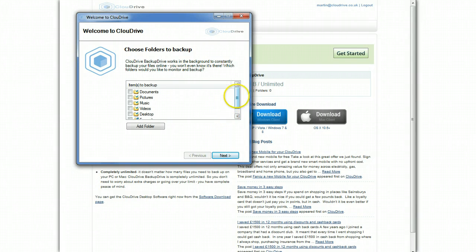Now you can actually choose folders now to back up. It's picked the typical folders that are in your normal Windows setup, just as it would on Apple Macs. Now you can see here that it's picked documents, pictures, music, videos, and I want all that backed up, so I'm just going to tick everything right here. I'm going to save the add folder for a little bit later on